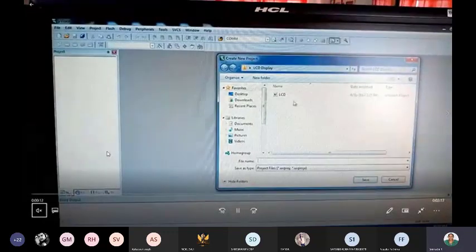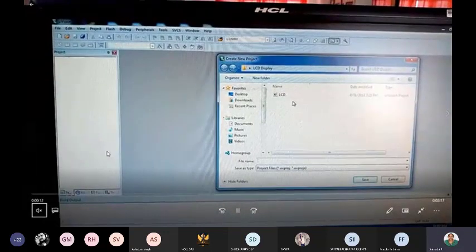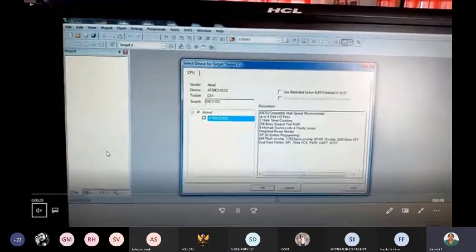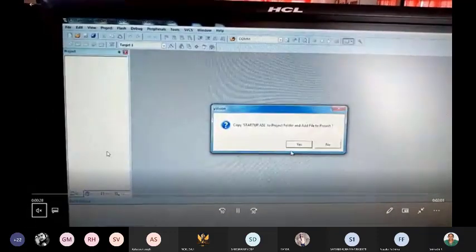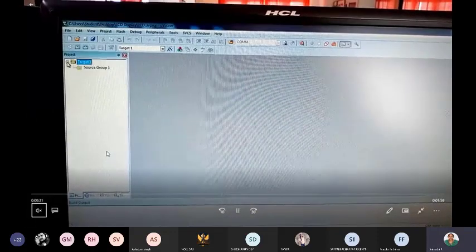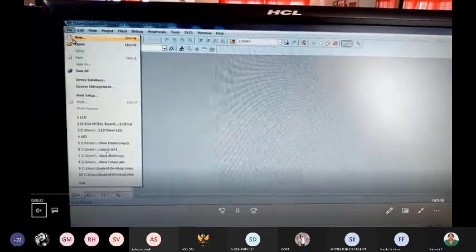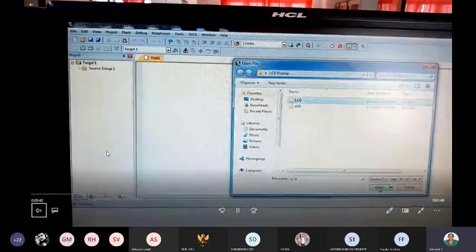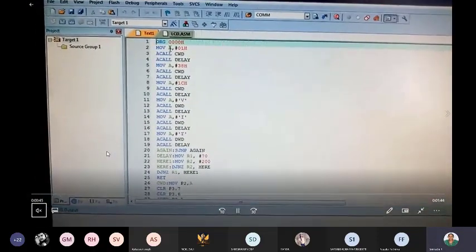See again, you're including this LCD program here, and select 8089 C51 ED2 for your device target, and then you will have a startup file, the basic things, and then open your program. It's already typed and kept, so we are opening the LCD program. Okay, this is the program.